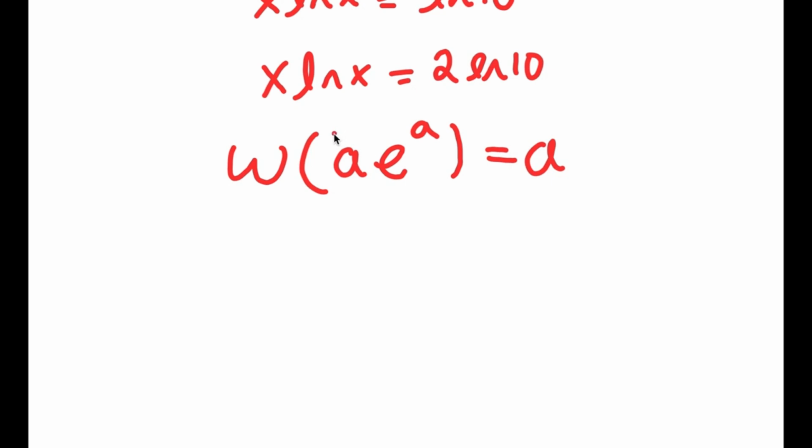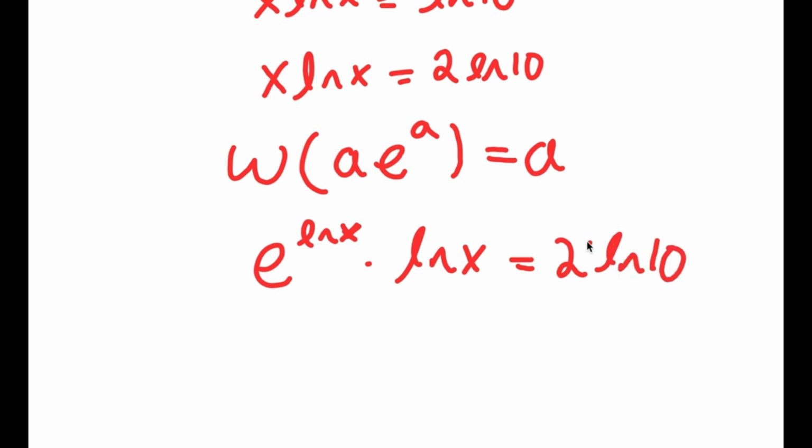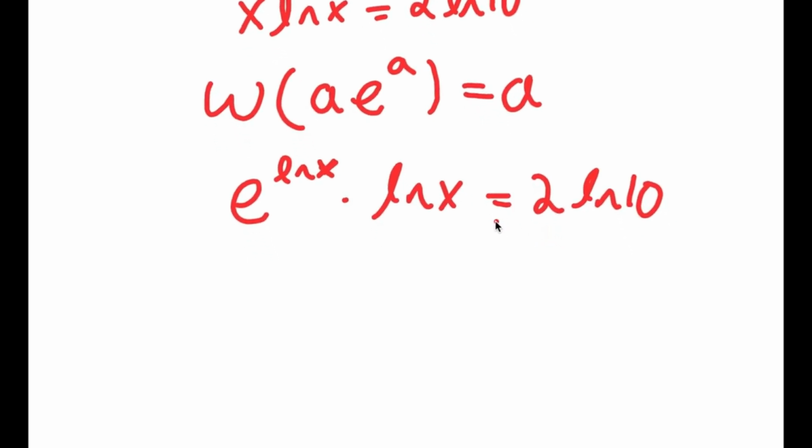is I'm going to rewrite x here as e to the power of ln of x, because the e and ln cancel out, and this results in simply x. So I'm just going to rewrite x as e to the power of ln of x, and I have this times ln x is equal to 2 times ln 10. And now this is in the form a times e to the power of a. So now if I take the Lambert W function on both sides,